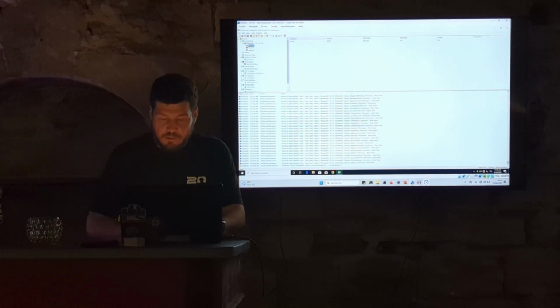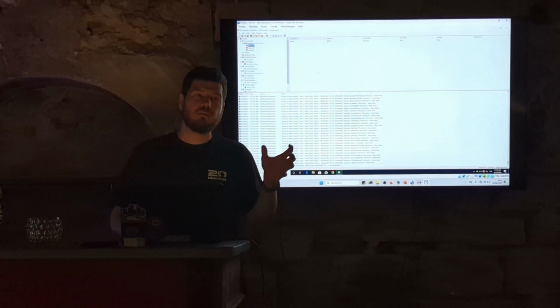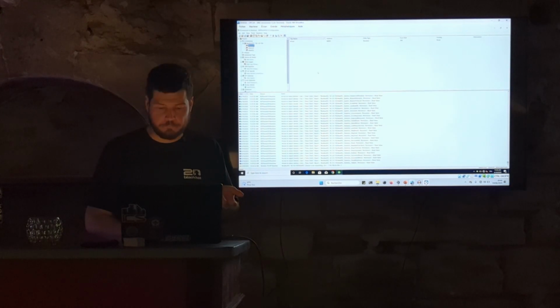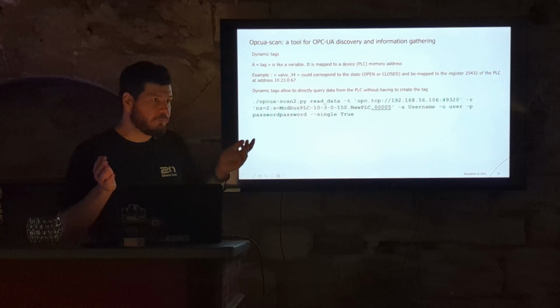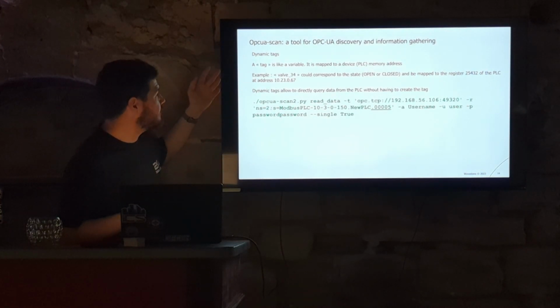So maybe it would be easier if you can directly reference the memory address of the PLC. Okay, so that's something that I've seen. It's actually enabled by default in Kepware. That's why I discovered that. So